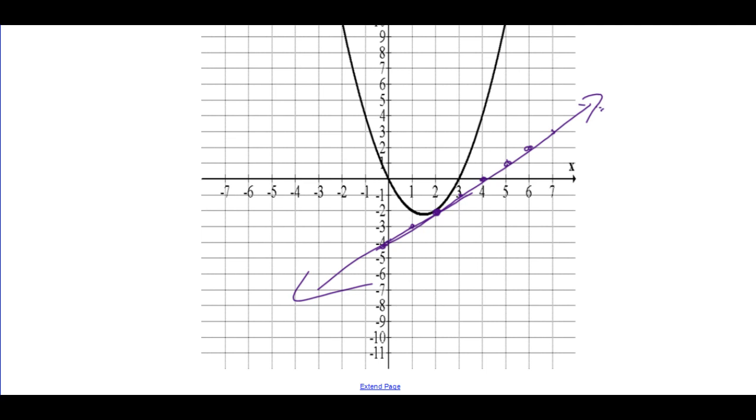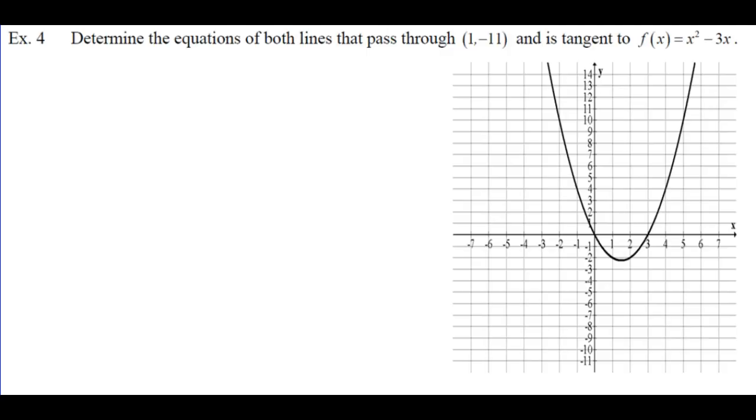Arrows. Okay, put arrows on your lines when you're graphing. They're telling you this since grade 10. Put arrows on your lines. Okay, determine the equation of both lines, which implies there are 2 of them, that pass through 1, negative 11,